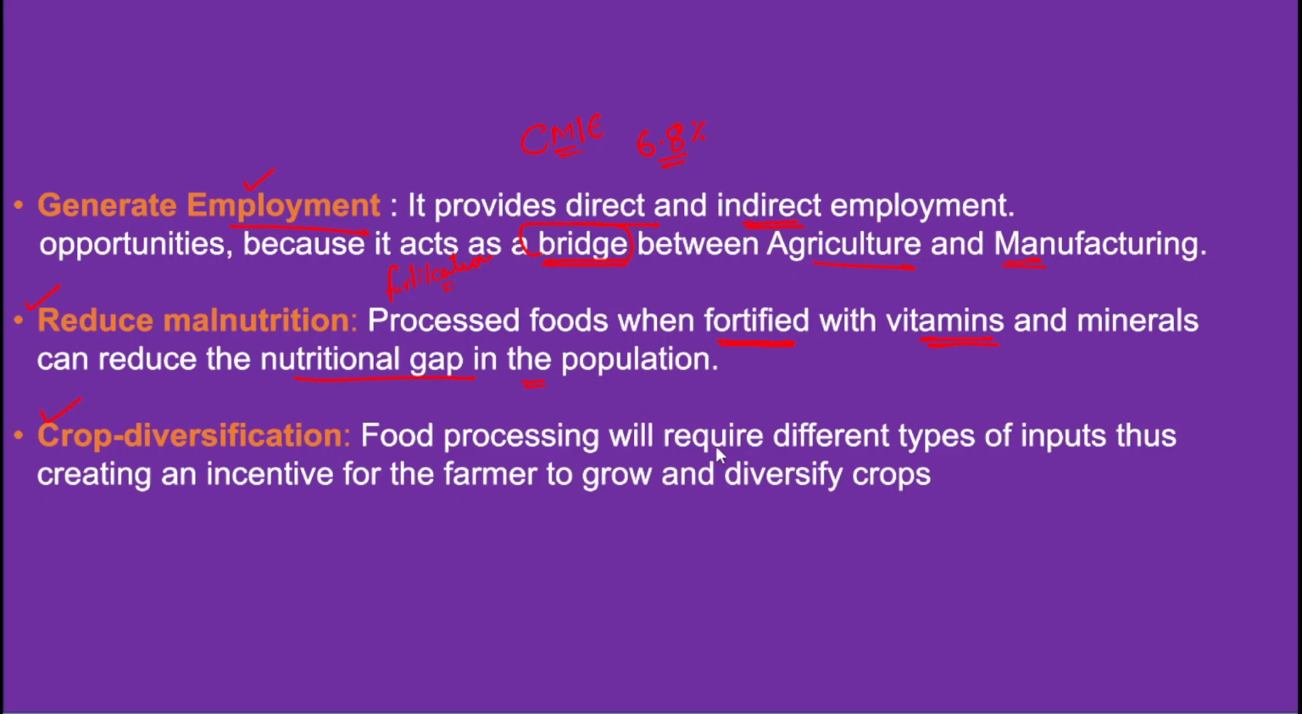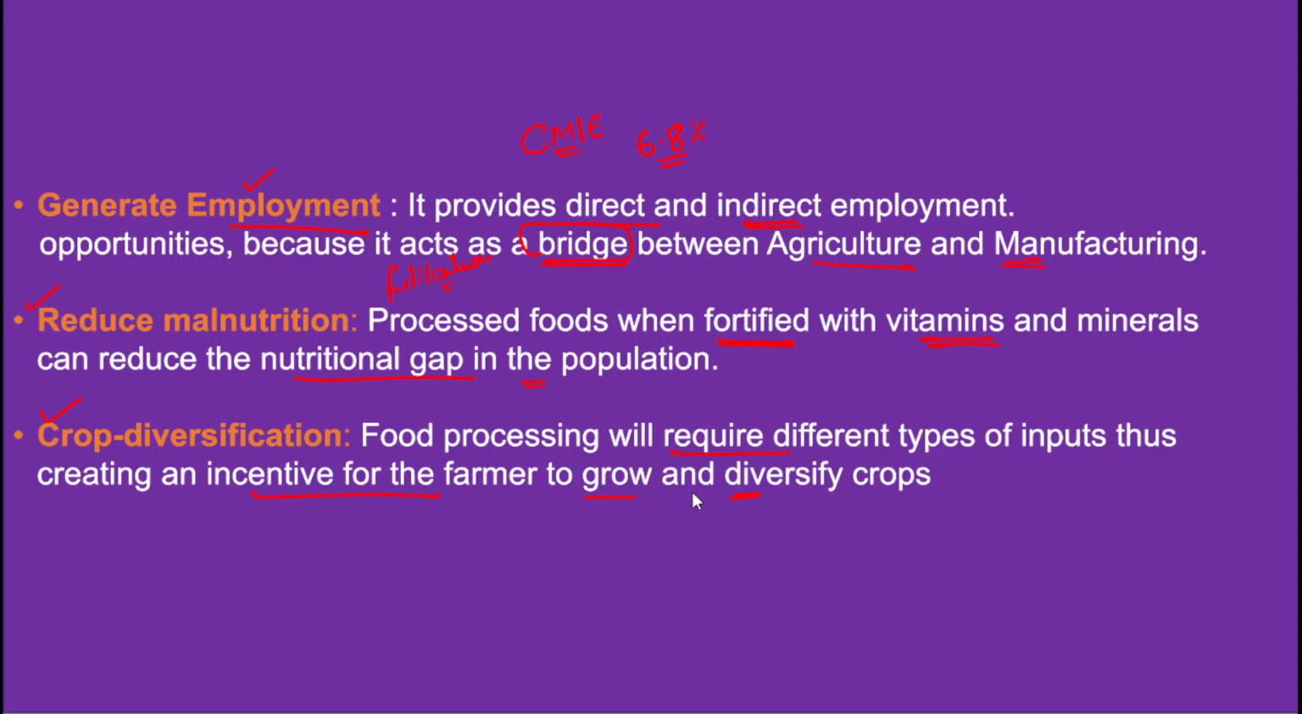Therefore, food processing will require different types of inputs. So we need to create an incentive for the farmer to grow and diversify crops. Crop diversification is beneficial not just for the farmers but also for the ecology, and also improves soil fertility. So in this context, when you write the conclusion,